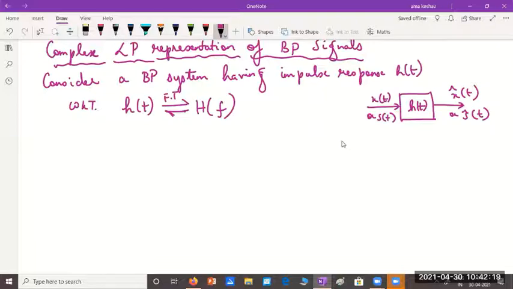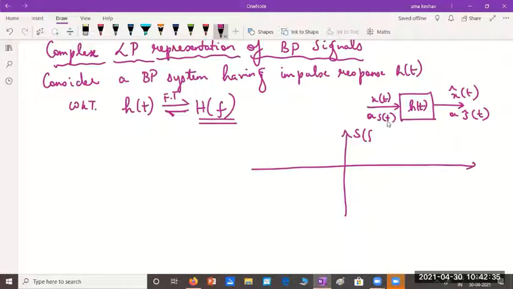And let me try to show you how this bandpass signal looks, how this H of f will look. So let's see, if I try to write first S of f, the given signal, S, X, anything you can consider. The given bandpass signal will look like this. This will be from Fc minus W to Fc plus W, and the same thing I'll have on the negative side. So this is the spectrum of the given input signal.